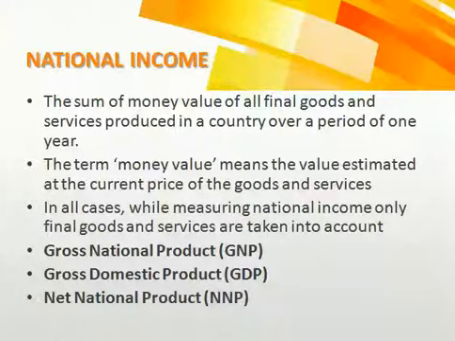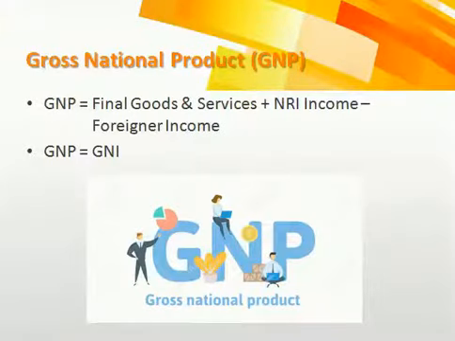First is gross national product, GNP. Second is gross domestic product, GDP. Third is net national product, NNP. Let's discuss a few points about these three. Gross national product, GNP, is calculated as all the final goods and services which are produced within the boundaries of the country. So within the boundaries of India, whatever final goods and services are produced, the money value of all these are taken and added together, and along with this,